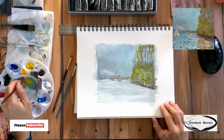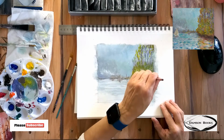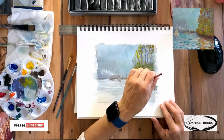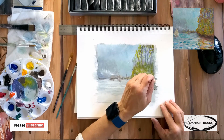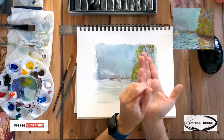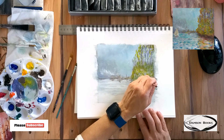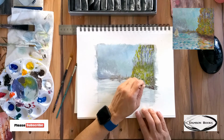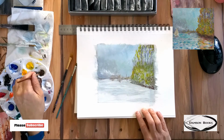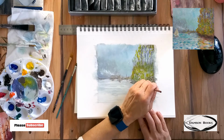And I'm gonna continue adding a few, and now I'm holding my brush directly on top of my canvas because I want to use that pointy tip for little tiny deposits of color, and move across. I'll take a little bit of the burned umber. So we have raw and burned umber,